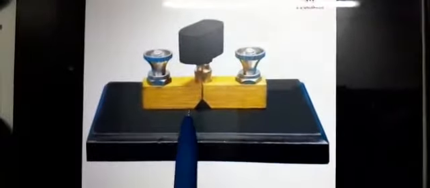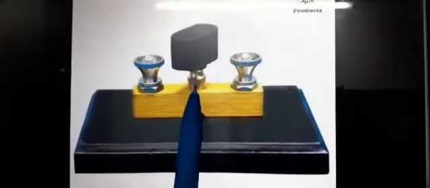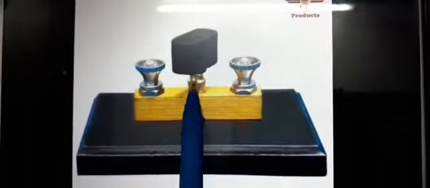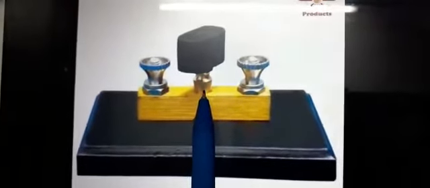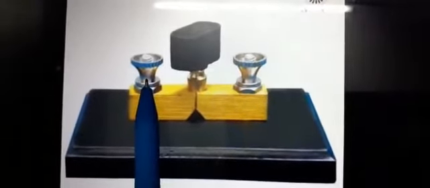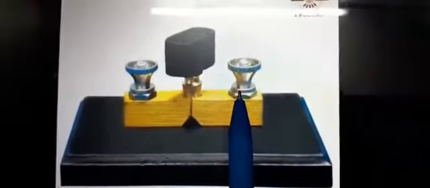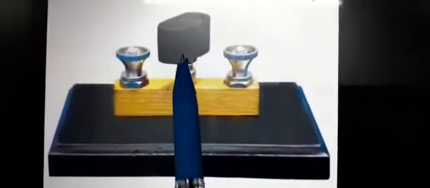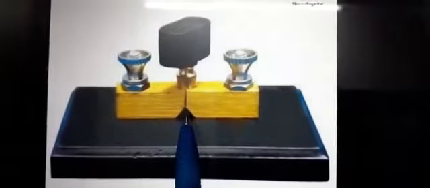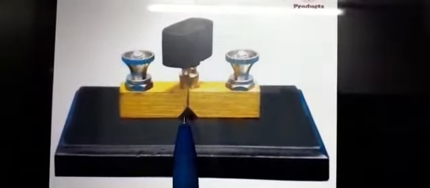This is a one-way key. This is a key. This is a central terminal. This central terminal, this is a plug key, you can say. When this key is connected in the circuit, one wire is connected to this terminal, another wire is connected to this terminal, and the plug is put inside. In that case, current will start flowing in the circuit when the circuit is connected to the battery.